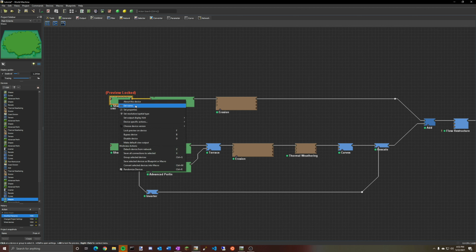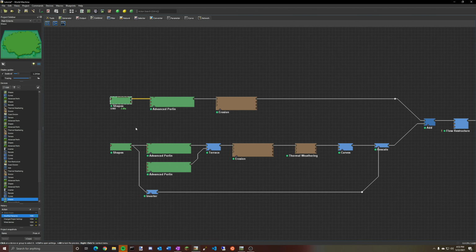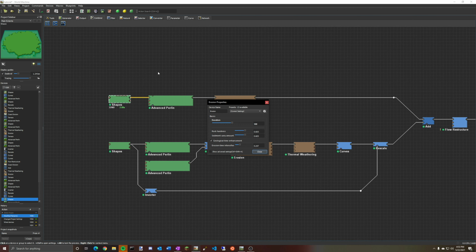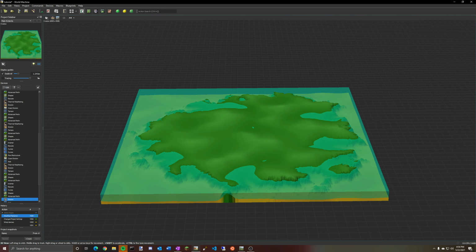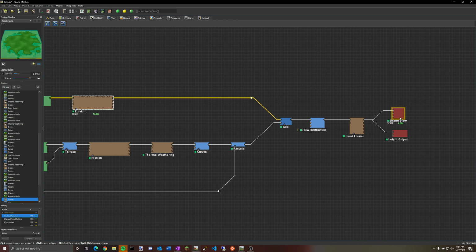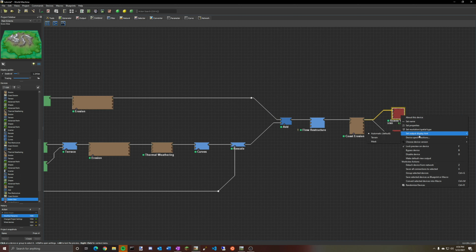So to unlock the preview, you can also do it this way. Click lock preview to unlock it, and now you can go and view any of these again. And you can lock any of them. Sometimes when you're doing the final one, you'll want to lock the scene view actually. So if you lock that,